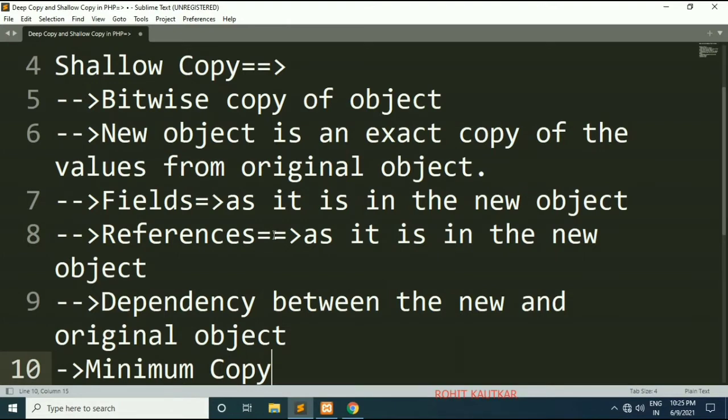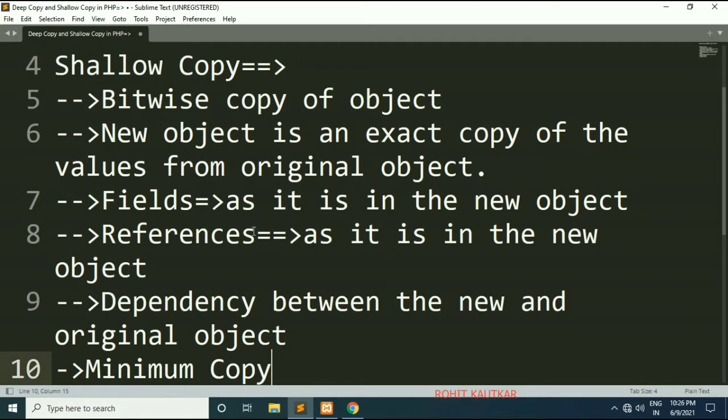So your shallow copy basically duplicates as little as possible. In case of shallow copy, if the field value is a memory address, it copies the memory address, that is the reference. And if the field value is a primitive data type value like an integer value, float value, or character value, then these values are copied as primitive values themselves.